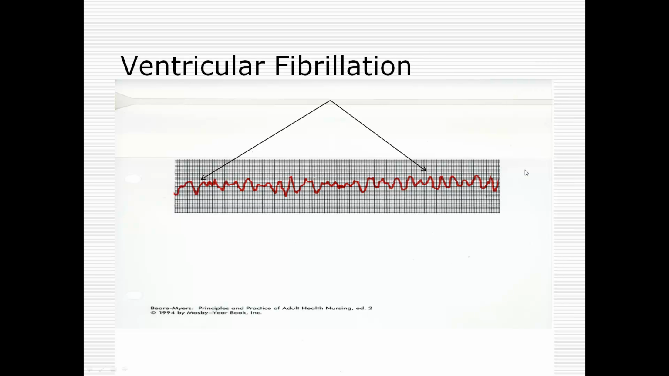Here's an example of ventricular fibrillation. If you look at this, you can't find a T wave, you can't find a P wave, you can't find a QRS, you can't find anything. It just looks like it's all over the place. The ventricles are just fibrillating, they're moving really fast, they're not contracting properly, we don't have any blood leaving the